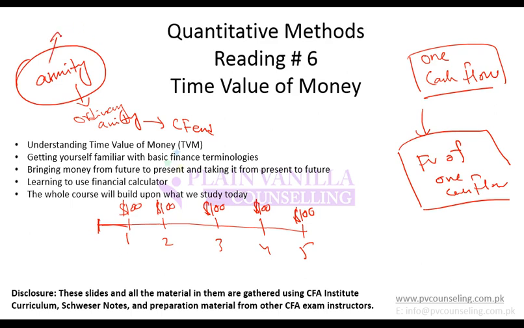There is another type which is known as NVT due. NVT due is the one in which cash flow is paid in advance or received in advance. So if this cash flow happens at the start of the year, that is at t equals 0, then it is known as NVT due. Which means in ordinary NVT, I will be receiving 5 payments in future. But if it is NVT due, I will receive 1 today and then 4 in future.